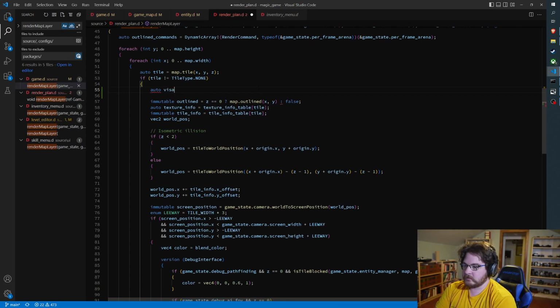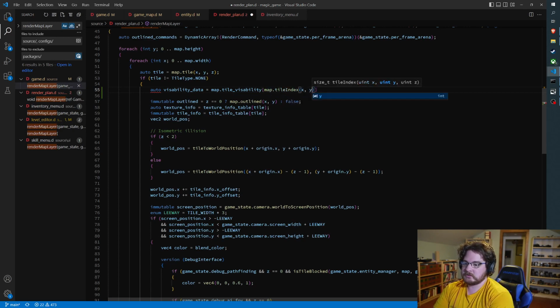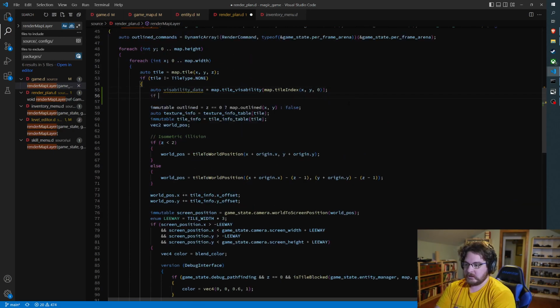So auto data equals map dot tile visibility, and then map dot tile index x y z and 0, and then we want to say if not, well,